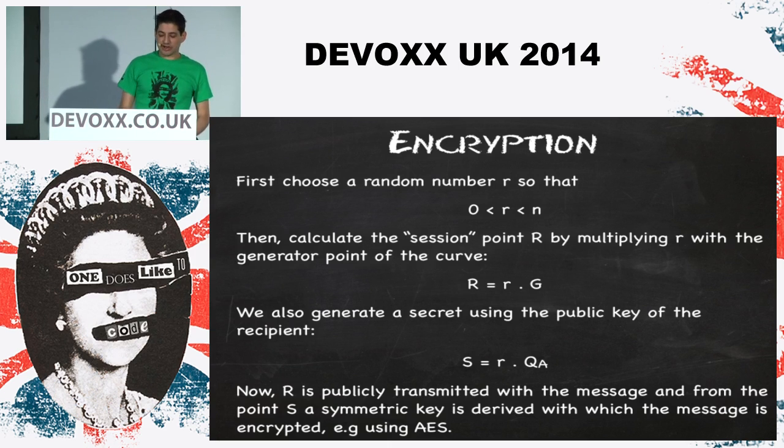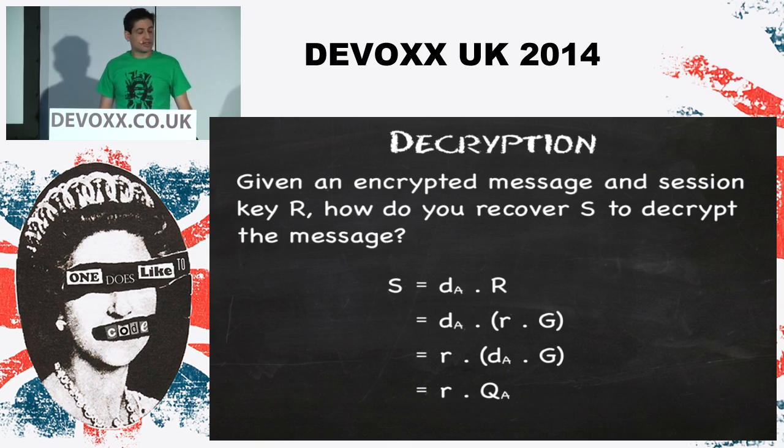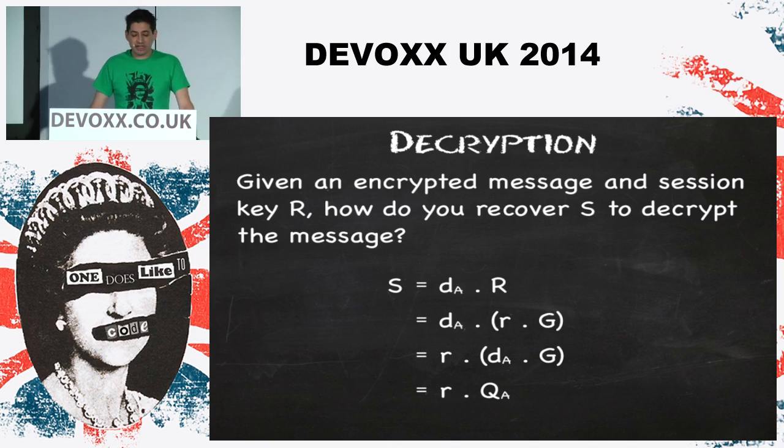And we also generate a secret. These two things. R is the encrypted message, which we send along with S together. And the reason why is because decrypting is as simple as multiplying the message you've received, R, by your private number, the integer that was picked randomly at the beginning. And that gives you a secret. And you then use that secret to decrypt your message. It's that simple. Again, it's a really nice, simple thing.